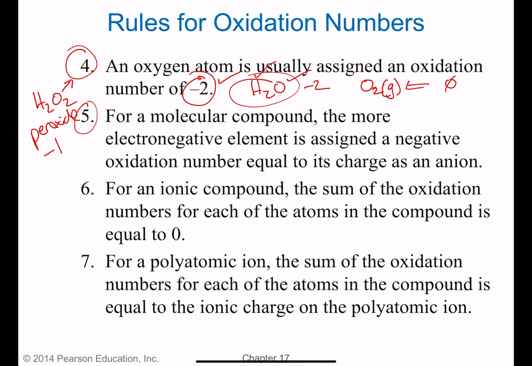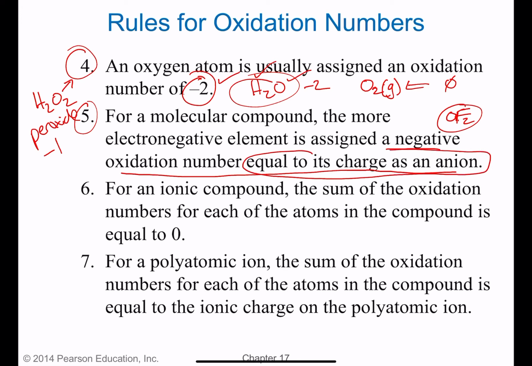For a molecular compound, rule number 5, the more electronegative element is assigned a negative oxidation number and is equal to its charge as an anion. So that's basically saying that if you have a molecular compound, the more electronegative element is more important, if you will. So let's say we have the compound OF2. Fluorine is more electronegative, so it's more important. So the oxidation number for fluorine would be equal to its charge when it's an ion, which would be -1